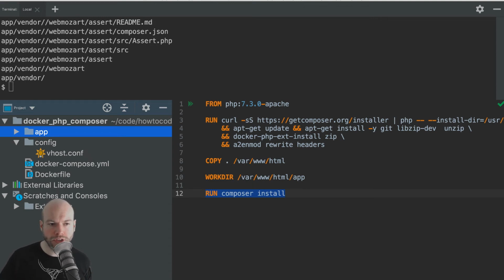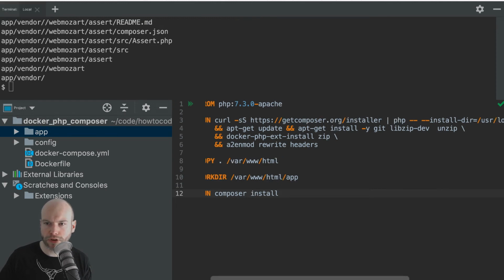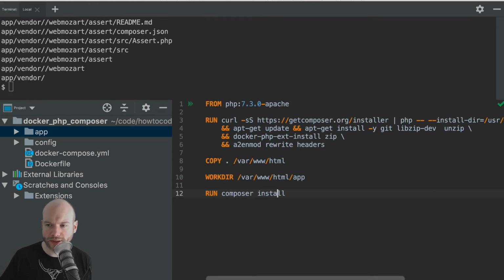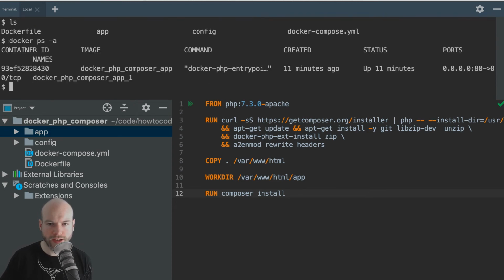So what I'm going to do is I'm going to just do this now. So I'm going to just double check a couple of things. First of all, I think that's good. I do apologize if my screen is flashing or there's blocks of black stuff flying about. I don't know why that is. It's a bit annoying. Let's just run, where am I? Let's do an ls. Right, let's do a docker ps -a. Do I have the things up? Yes, we do. So let's just do a down to bring them down.